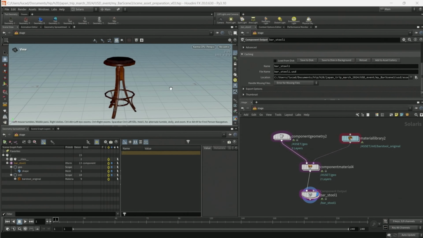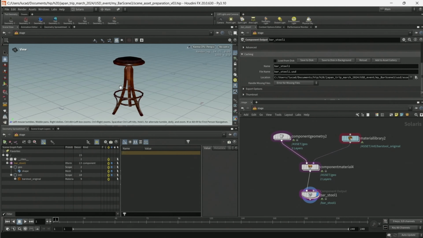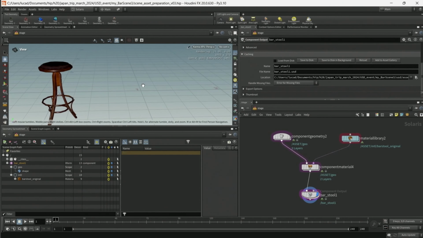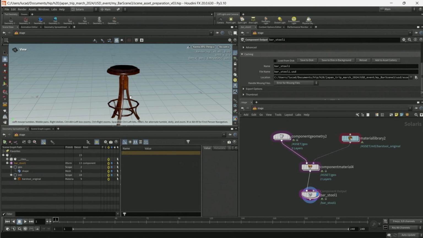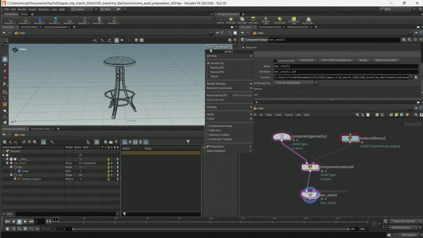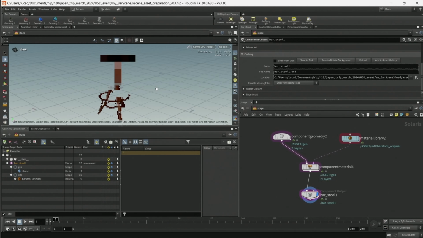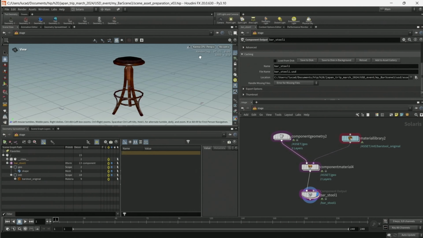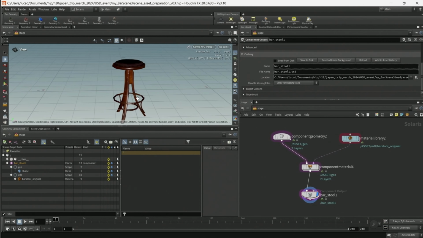In this video, you can see me switching the Hydra viewport from OpenGL to Houdini's new renderer Karma. Then after switching it to Karma, I switched to our GPU accelerated renderer, Karma XPU, for even faster performance. The great thing about the Hydra viewport is that it's render agnostic.